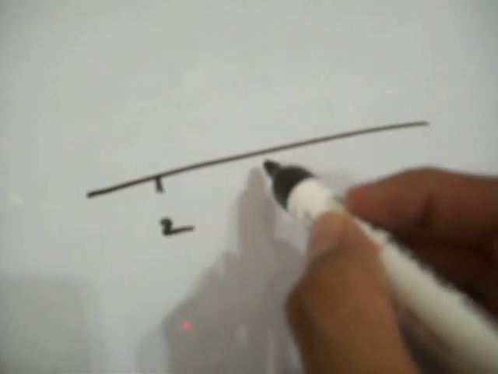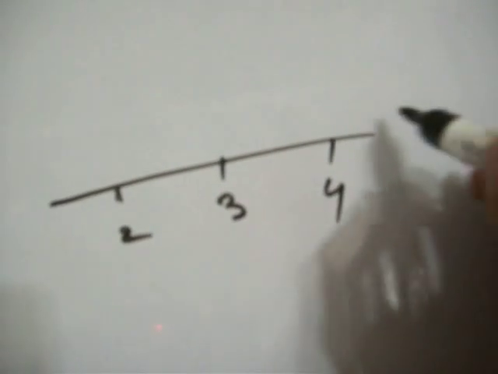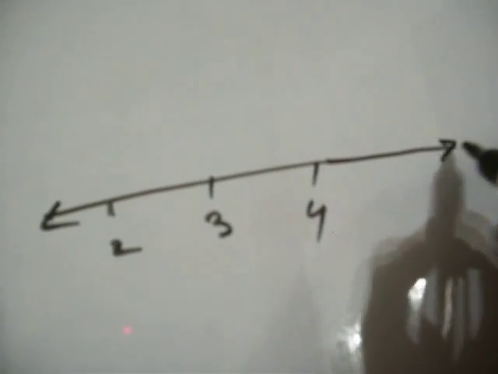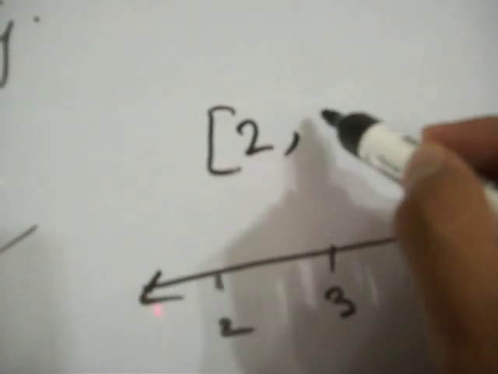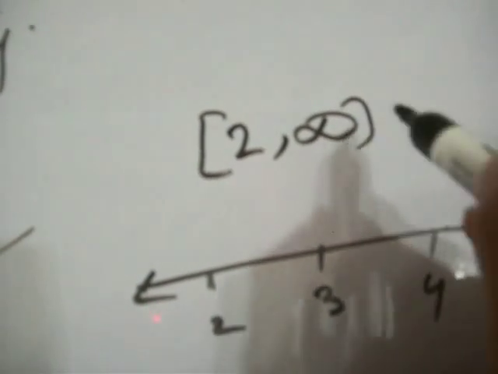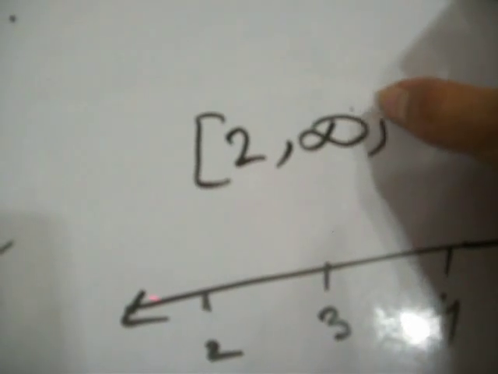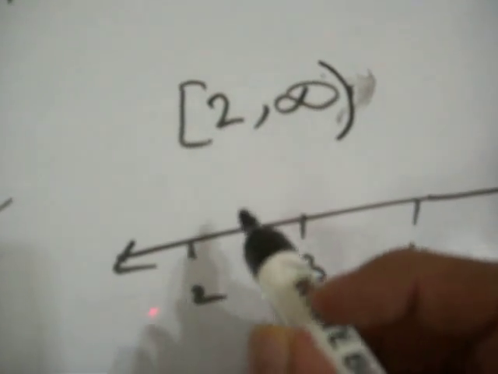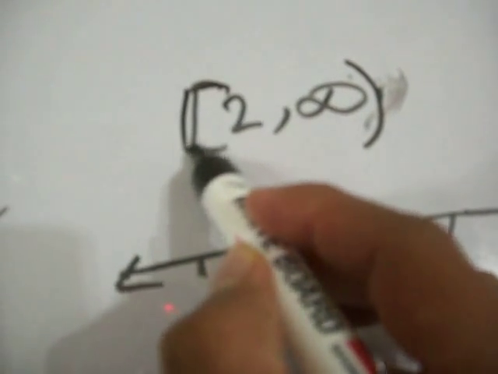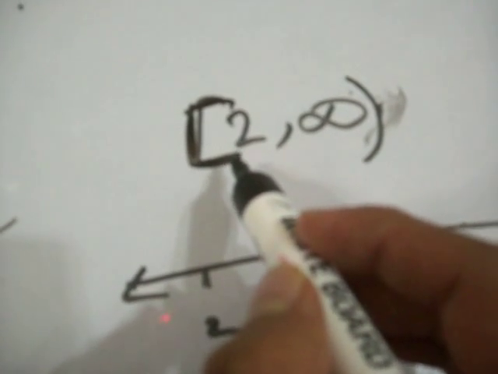And to show it on the number line, we have to show it like this, that is 2, 3, 4, and this is the number line, it goes this side to the negative and the positive direction. And if our answer is from 2 to infinity, oh sorry, this looks like a closed one, from 2 to infinity, as this is a square bracket, this is closed,